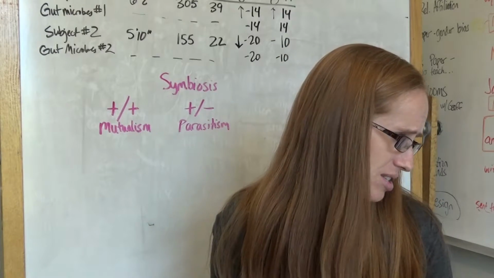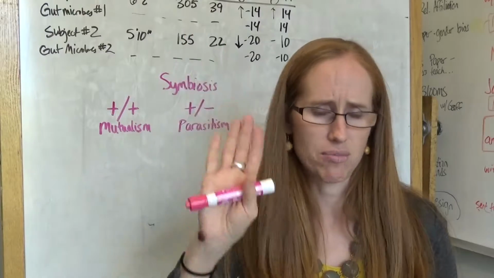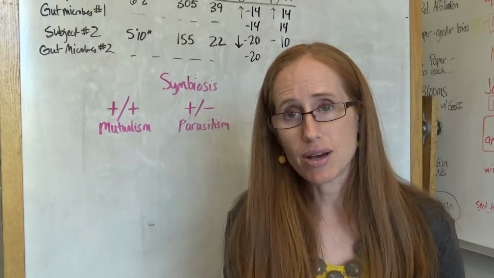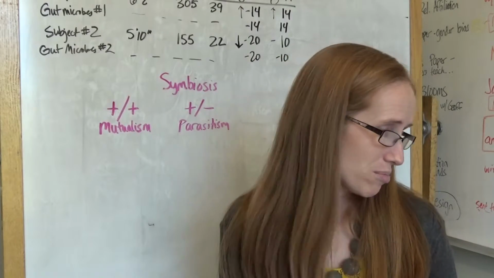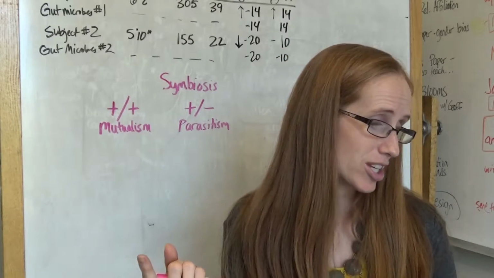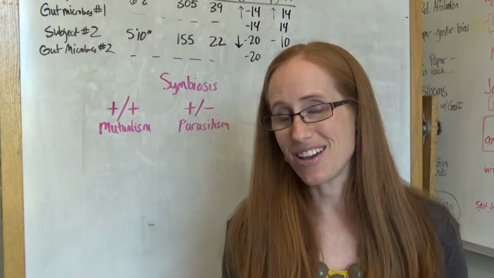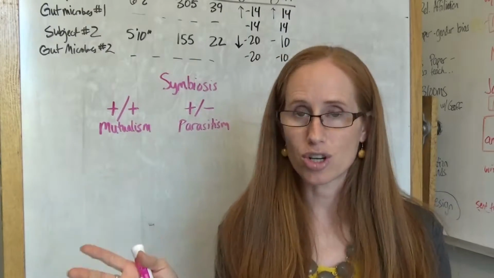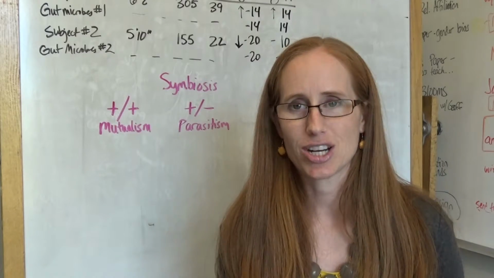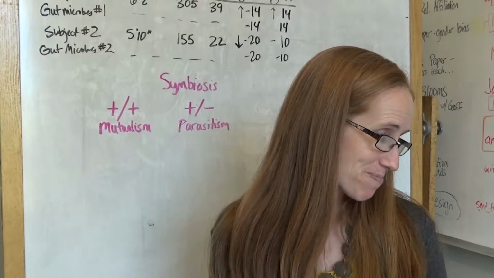And the reason it does this, I'm sorry, not a bacteria, it's a tapeworm. It makes the mouse obese so the mouse becomes slow, and then the mouse gets caught and eaten by a fox, and that's where the rest of the life cycle gets completed. So the tapeworm needs the mouse to be eaten in order to complete its life cycle, and so it has evolved to make the mouse fat.